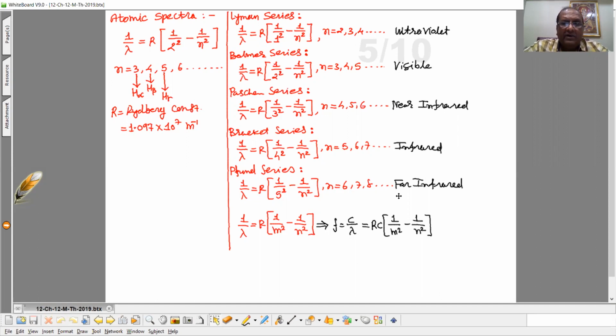So the scientist Bohr studied all these things. He studied Rutherford's atomic model, his experimental observations, as well as all these atomic spectra, and then he presented the atomic model which is known as the Bohr model, which is based on